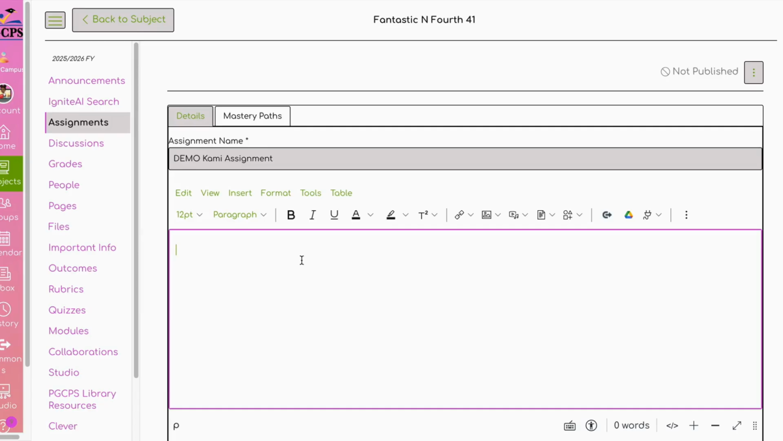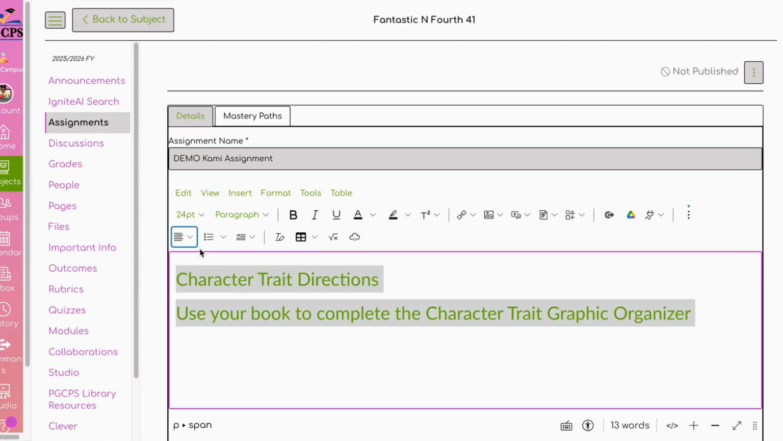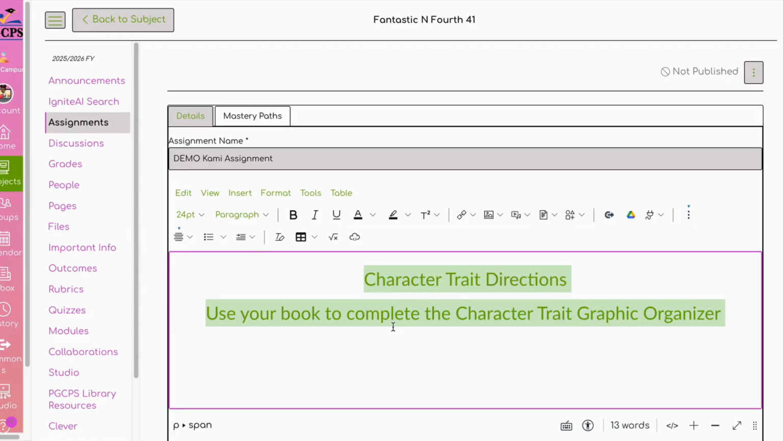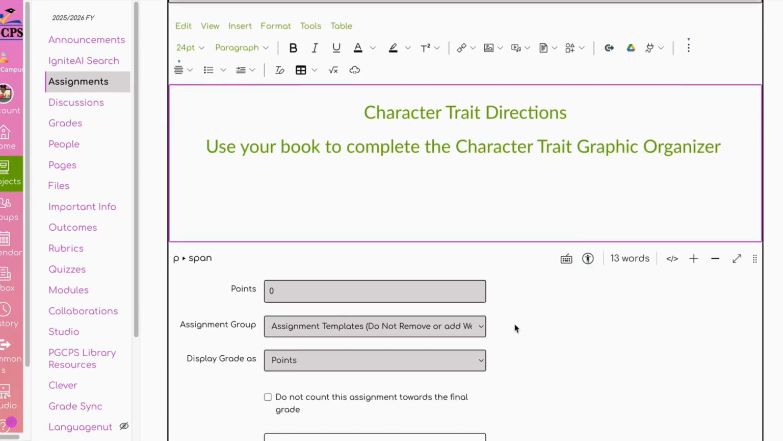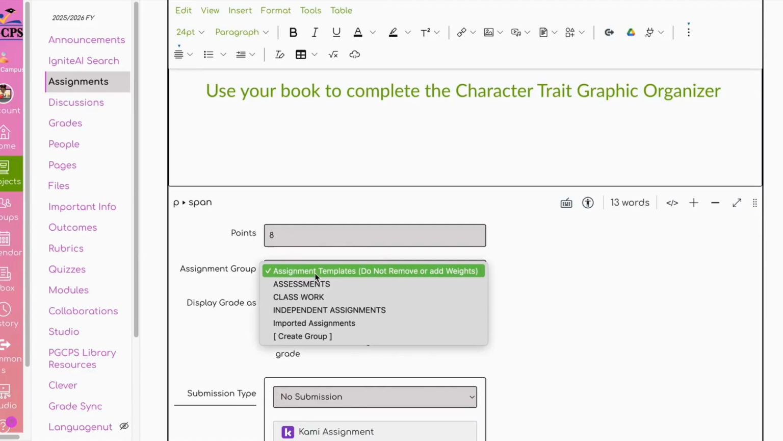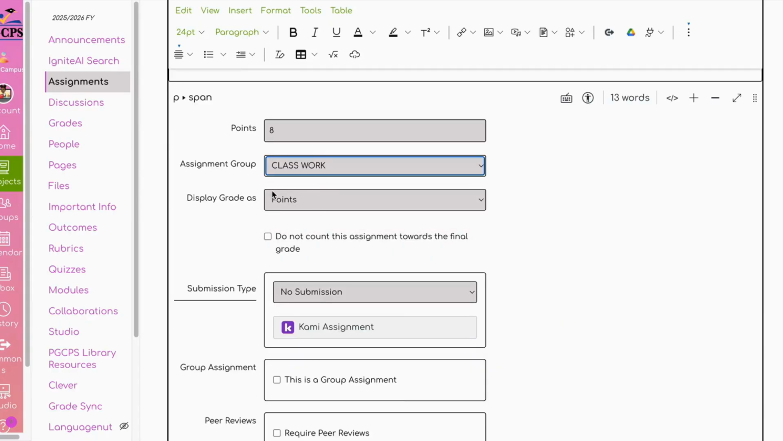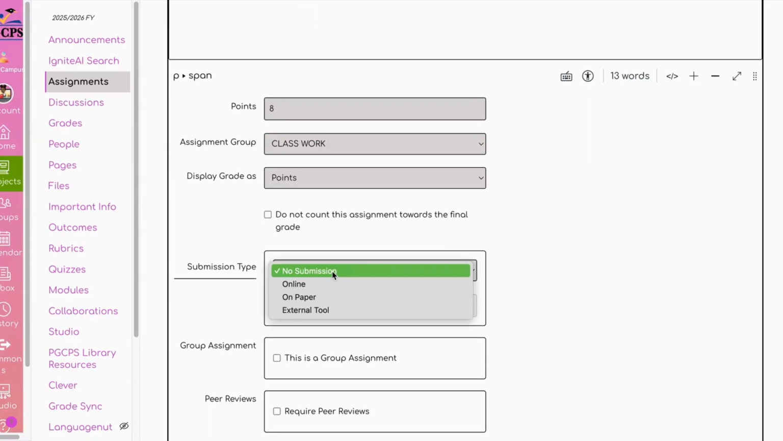Here, I'm going to attach the directions. All right, so I have my directions here, and I'm going to center it because that's what I like to do. All right, so I'm going to give it some points. Y'all know I like to work out at 8 points. We're going to make this a classwork assignment. We're going to keep the grade displayed as points, and then we're going to change our submission type to external